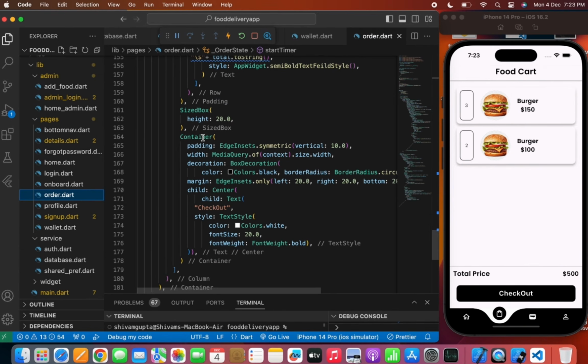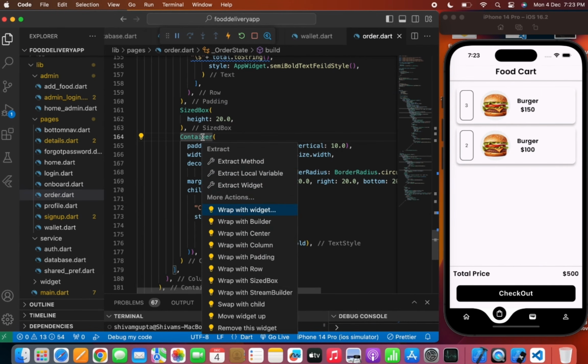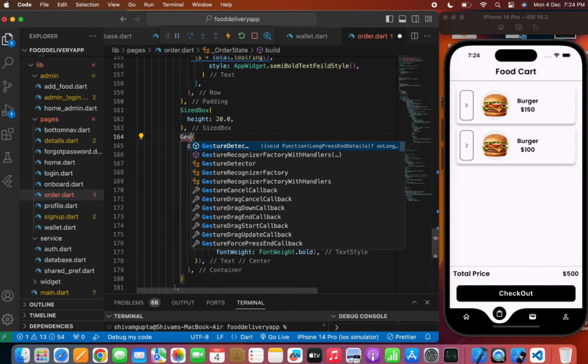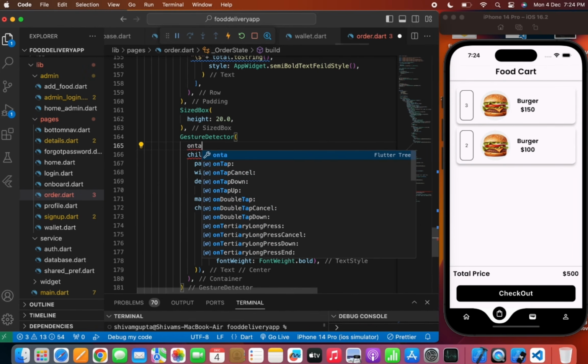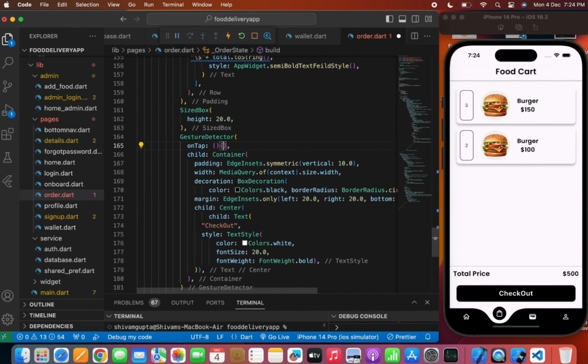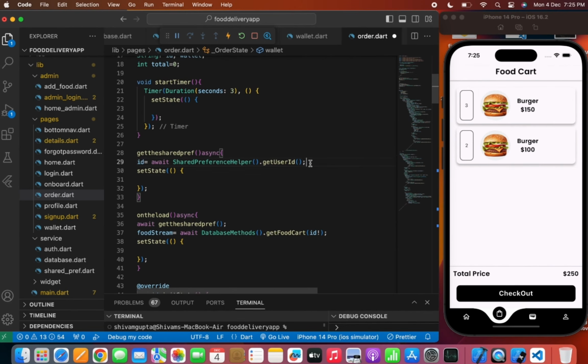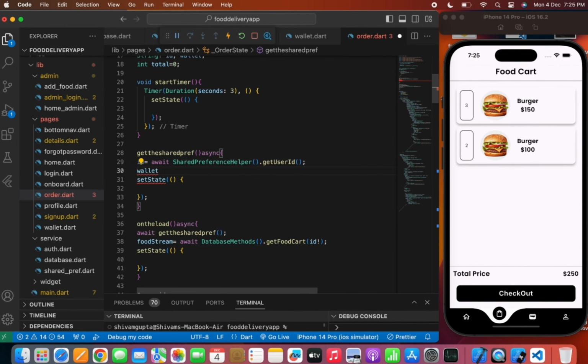So we'll now wrap the button with a GestureDetector, and in the onTap method, we need to deduct the amount from the wallet that they have saved in the shared preference. So we'll call the user wallet from the shared preference helper method. Now in the checkout,